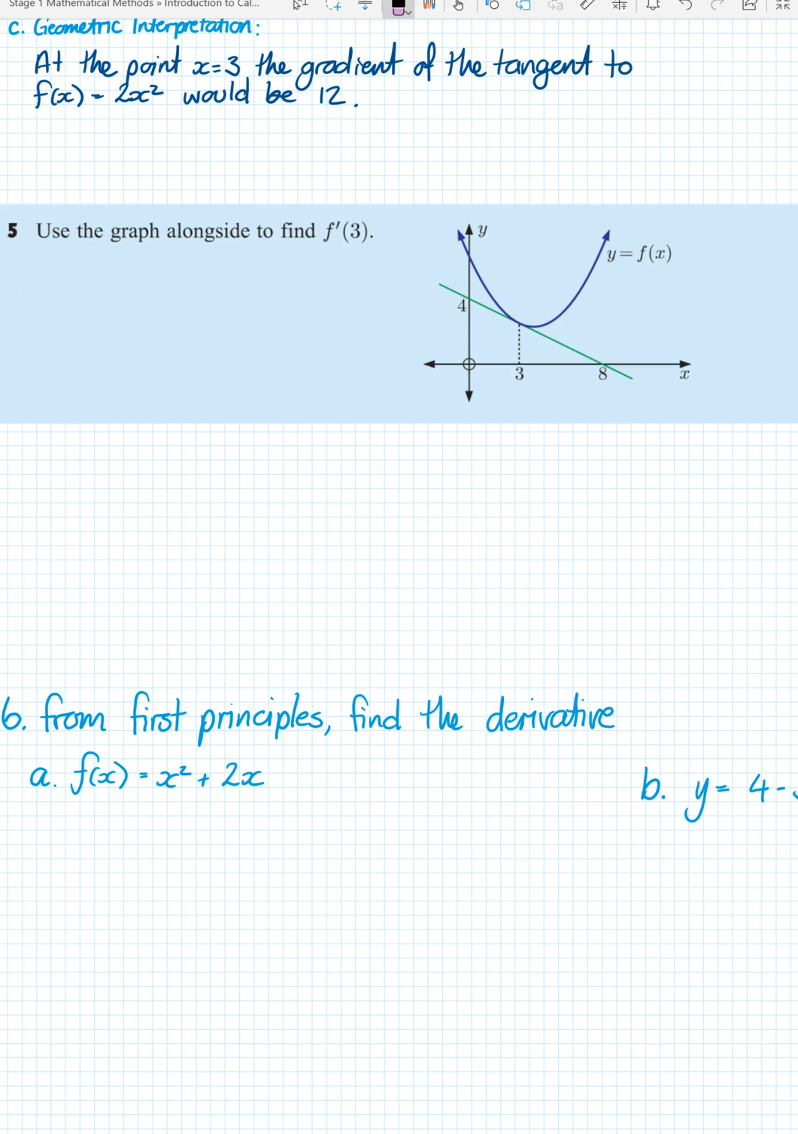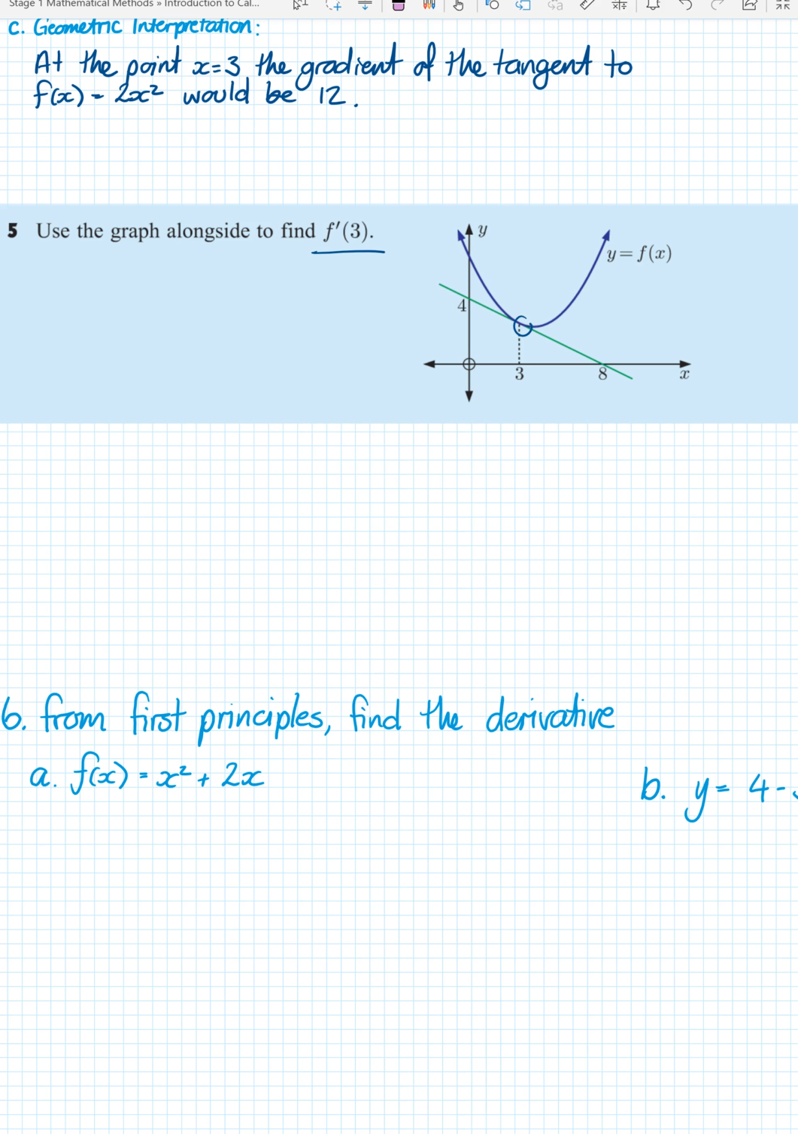Okay, continuing from question 5. It asks us to find f'(3) of the graph alongside. So we know that f'(3) means that we are finding the gradient of the tangent at the point x equals